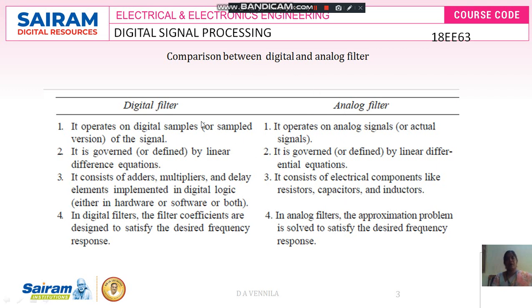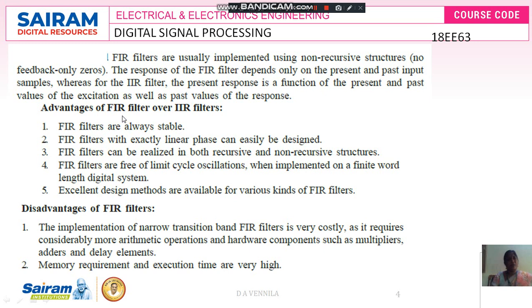So this is very important. You should know the difference between digital and analog. Digital means zeros and ones. Analog means the amplitude is continuously varying with respect to time. The digital filter can be implemented with the help of adders, subtractors, multipliers and delay elements. But the analog filter will be designed with the help of capacitors, resistors, transistors and inductors, etc. Now, FIR filter. In this module, we are going to discuss only FIR filter. In the next module, we are going to discuss the analog filter.